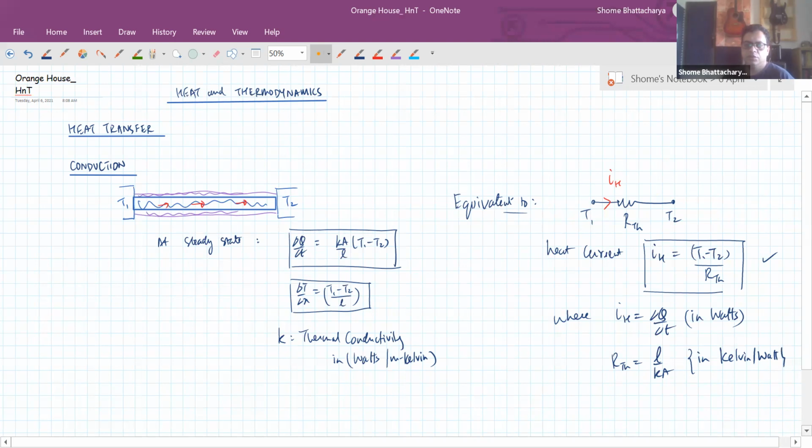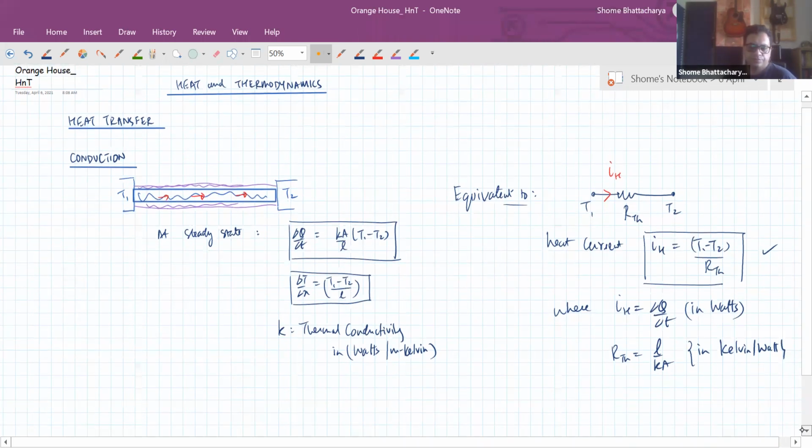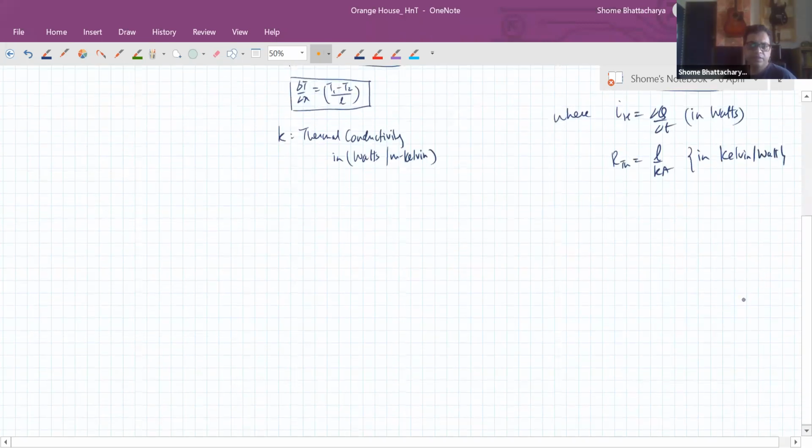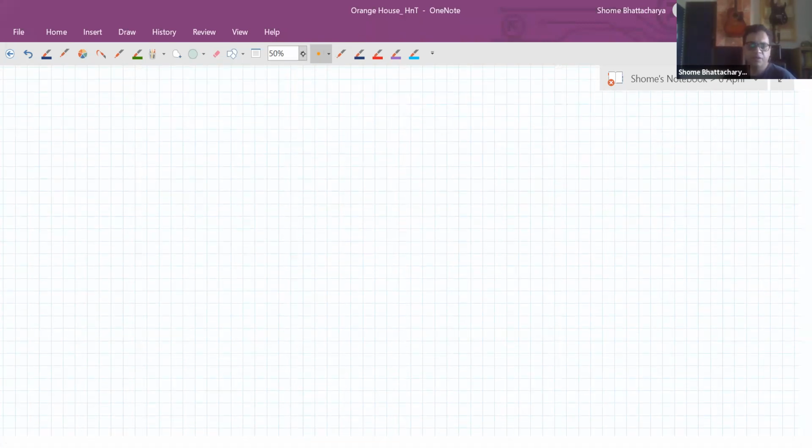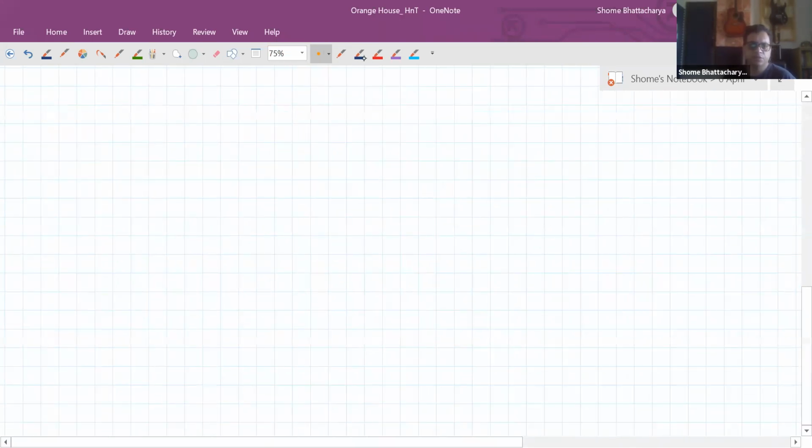Okay. So let's do a practice question based on this today. So all this that we are discussing right now is part of your upcoming test portion. So make sure you revise the practice questions we are doing in this part of the lecture today, the conduction part, for your upcoming test. Okay, so in our next example,